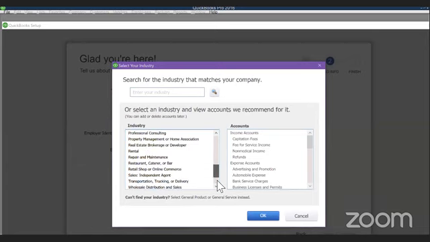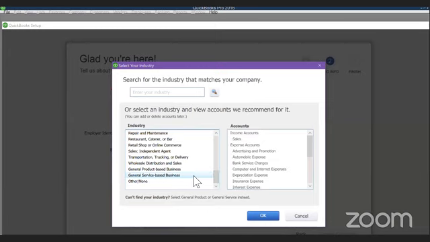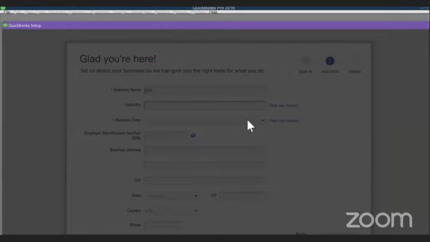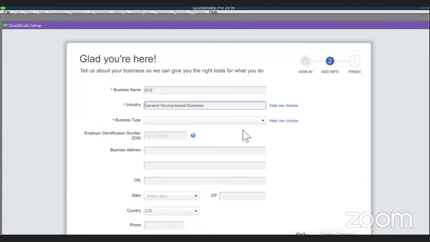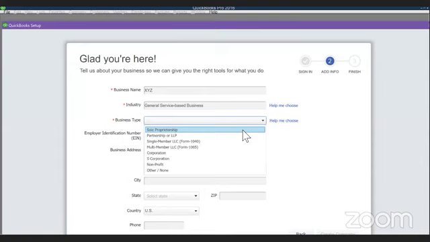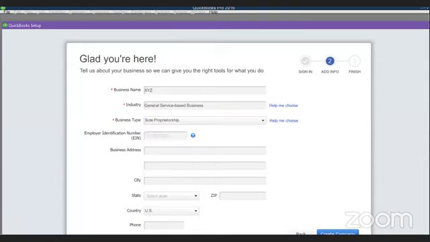So just to cover all sort of in a general way, I'll pick general service based products business. And we are going to click OK. The business type, I'll pick as sole proprietorship just to keep things very easy. And we create the company.